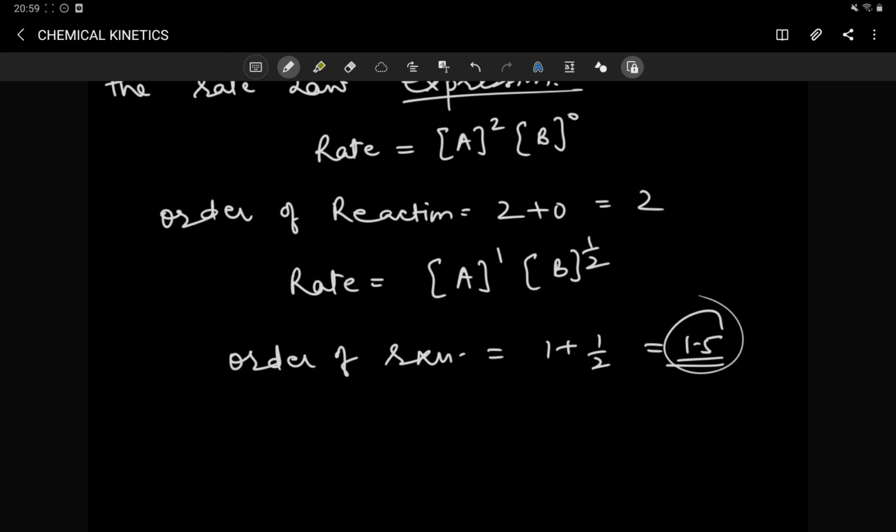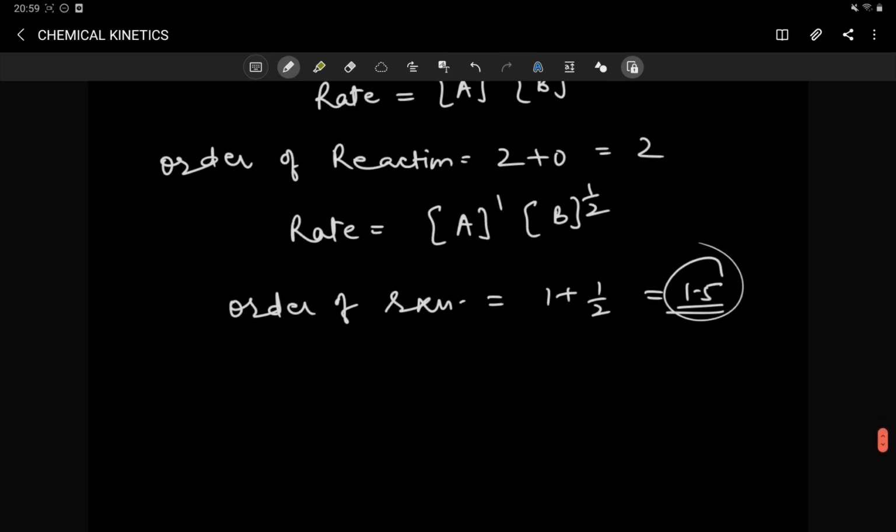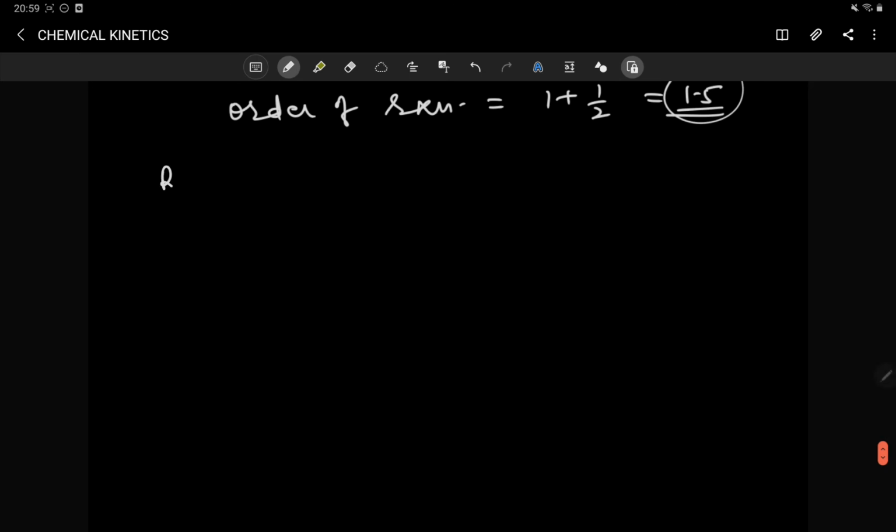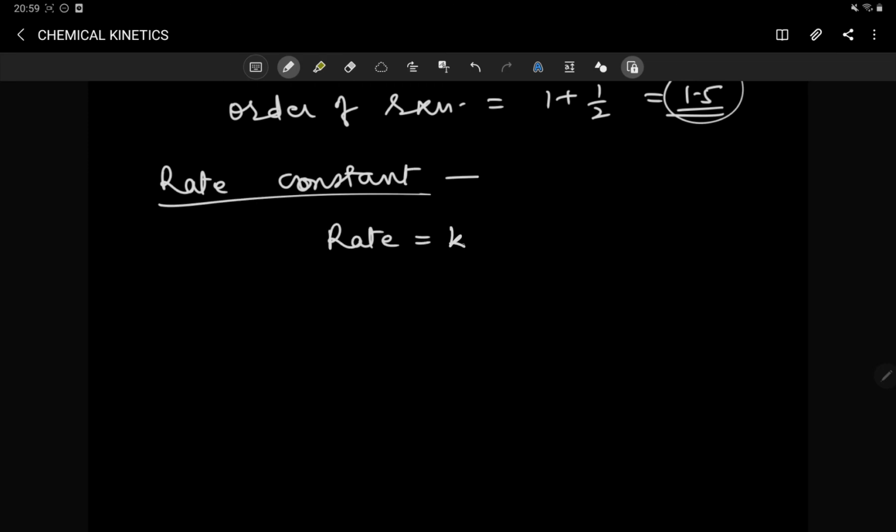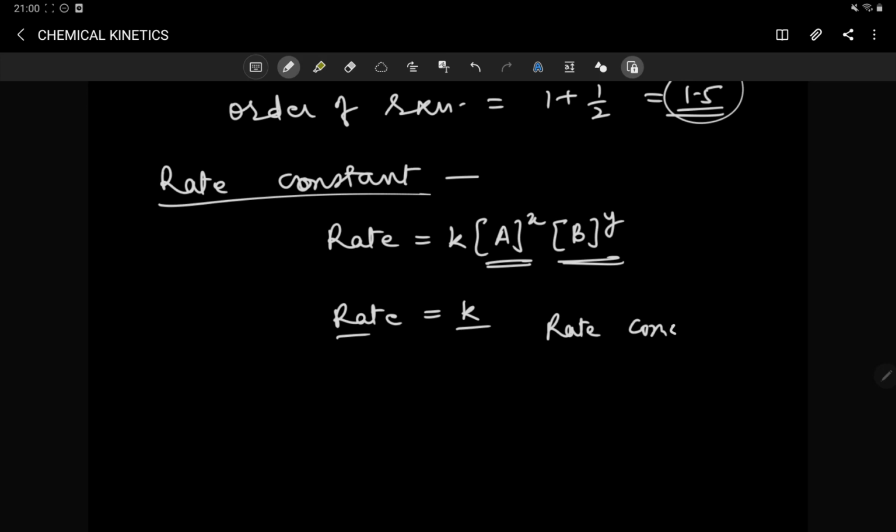Now I am starting with the next topic: depending upon the order of reaction, we can have different units of rate constant. But before that, I just want to define the rate constant. How can we define rate constant? Say for example, we write the rate law expression again: rate is equal to K into A raised to power X and B raised to power Y. Say this is 1 molar, this is also 1 molar. Then what will be the rate constant? Rate constant will become equal to the rate of reaction only. There is another name given to rate constant. What is that another name? That is specific reaction rate.